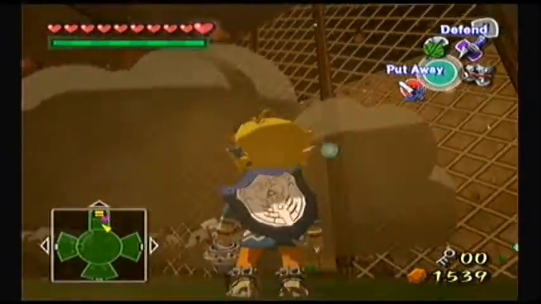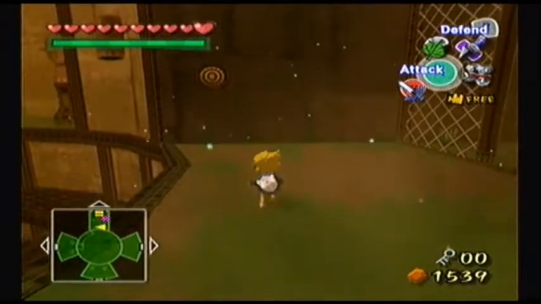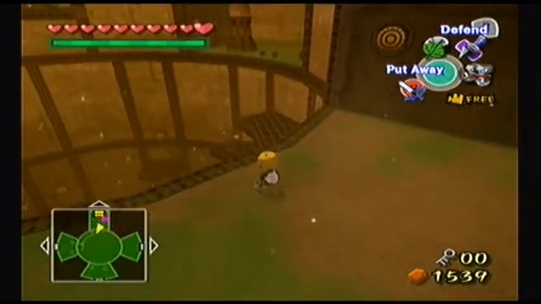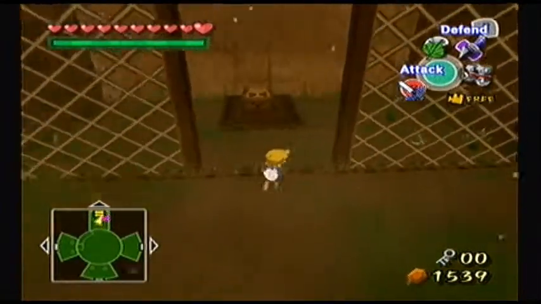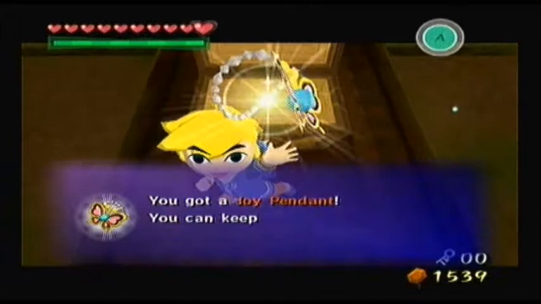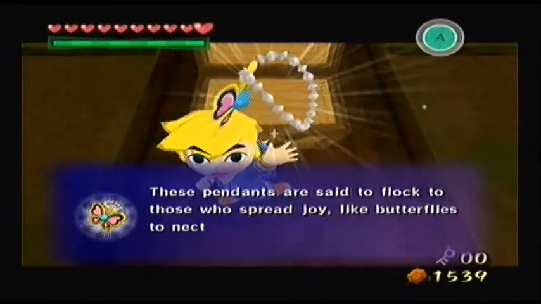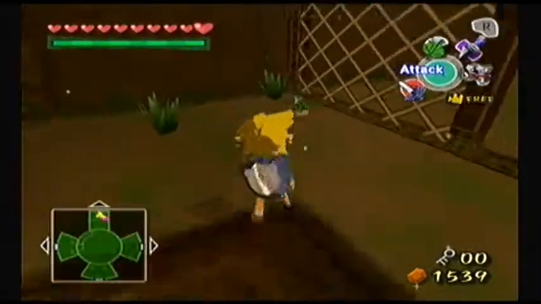And you don't want to be standing right where that statue is, because you will actually get hurt and he can actually knock you back down to the very, very bottom, which would be extremely annoying to have to climb back up. So we're going to grab this stupid chest for a stupid joy pendant. And then we are going to